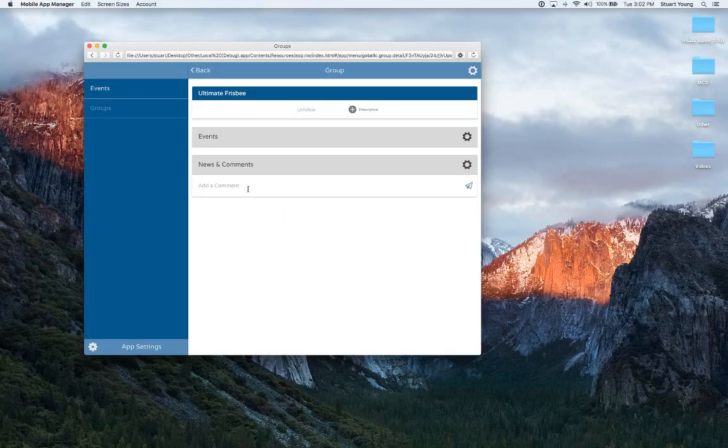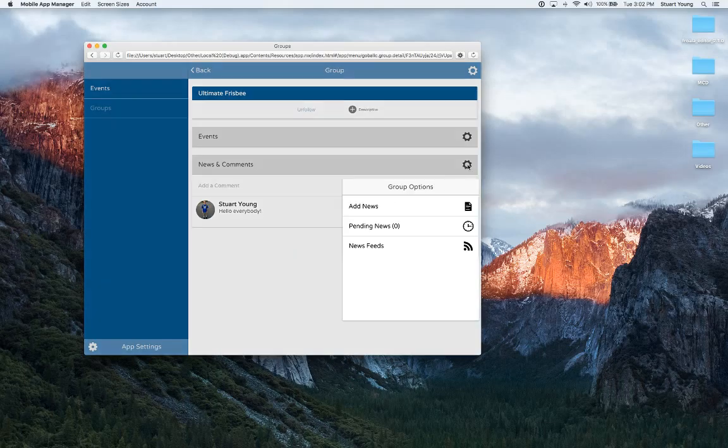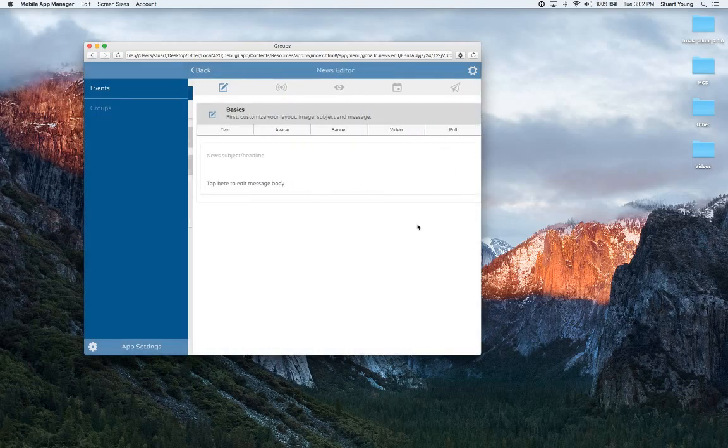Now, the comment box allows you to send a quick personal message to all your group members. Note that it comes from me personally. That's me. Alternatively, you can use the Add News option here to create more formal news that comes from the group. Speaking of comments, under your group settings,